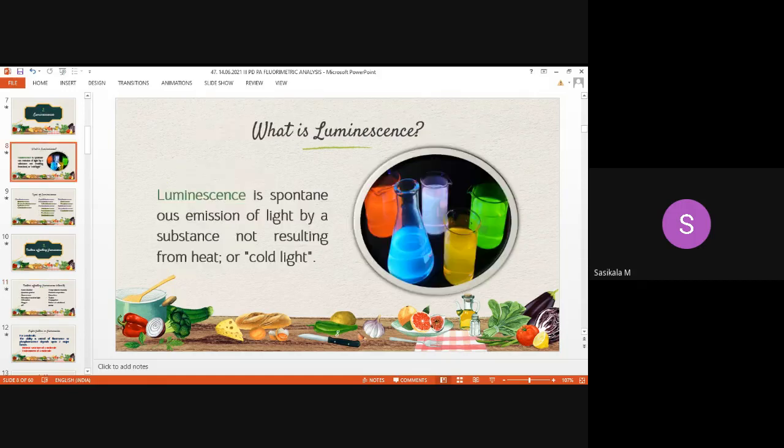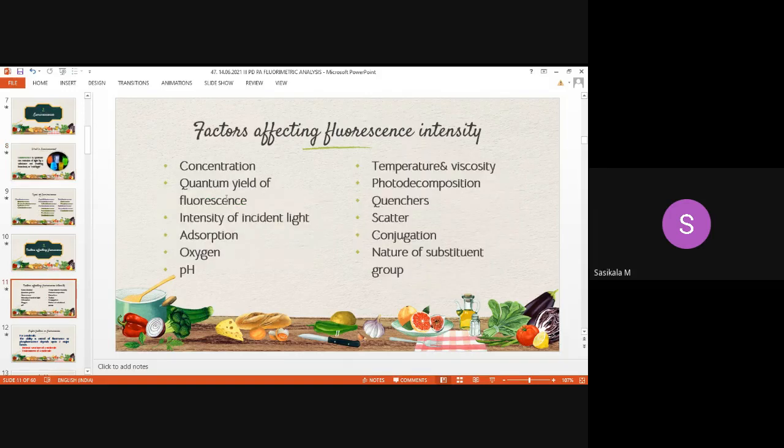So these are all various factors that will affect fluorescence intensity. Based on intensity only, we can analyze the concentration of a compound. Based on color intensity, if the concentration is low, then the intensity will be less. If the concentration is high, the intensity will be high. So how it is decreased or increased with the following factors will be discussed now. And it is an important, frequently asked question. Many times it is asked in a university exam. So it is an important question under fluorimetry: what are the factors affecting fluorescence intensity?